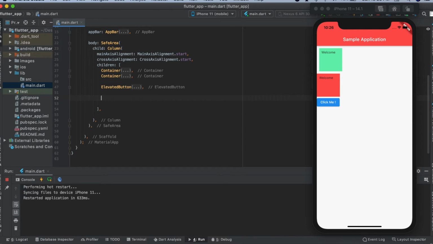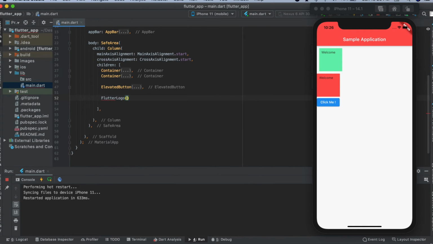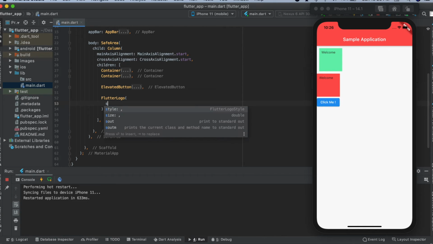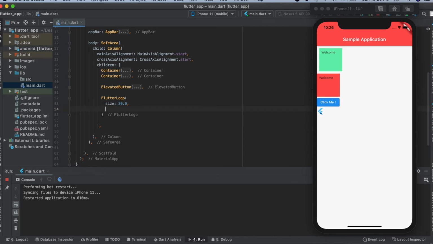Then we have a Flutter logo. So Flutter logo is just a logo in a widget form. I'll show you this Flutter logo also. This is my Flutter logo. There are certain properties also. I'll just start with two things, which is your size. I'll just provide this size. So this is your Flutter logo. Then we can use style, curve, and your text color. So we can use multiple things over here. Yeah, you can just go through it.